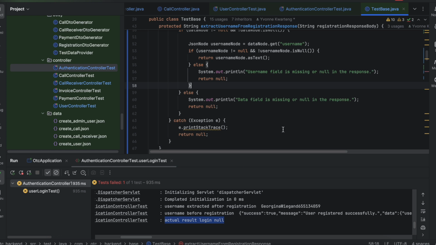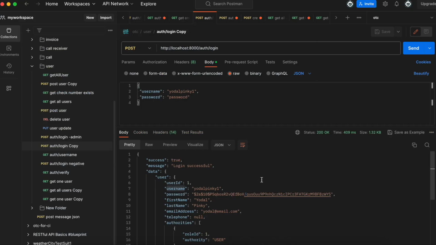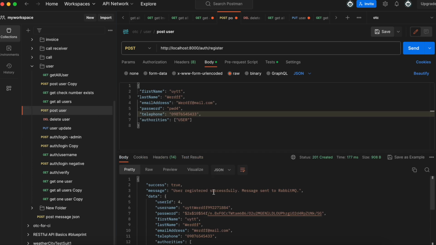Now that problem is solved. The next problem is the login. The login is more or less the same kind of thing. Let me go back to the registration, this is what we were talking about with the registration. So we got the data node and then the username. We want to extract this username, right? The same thing with the